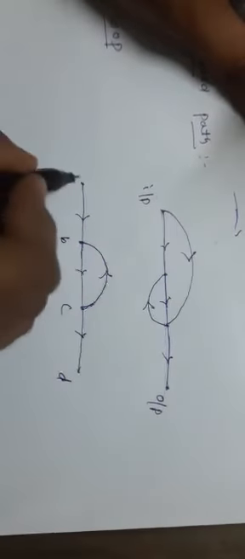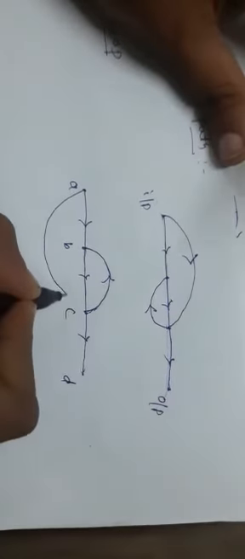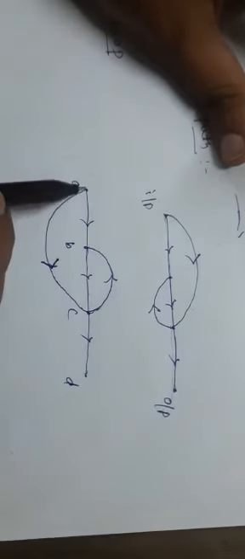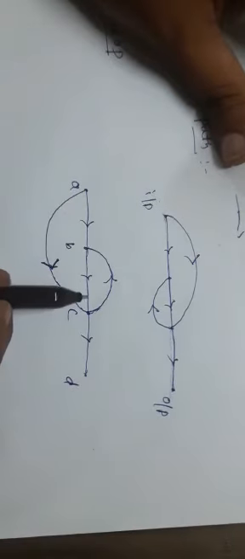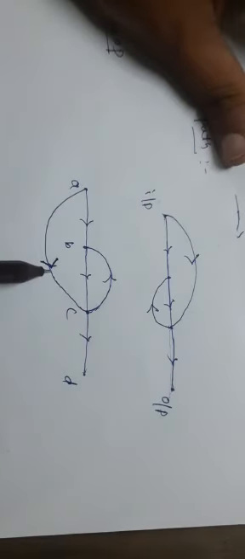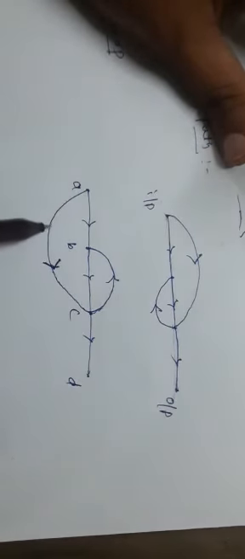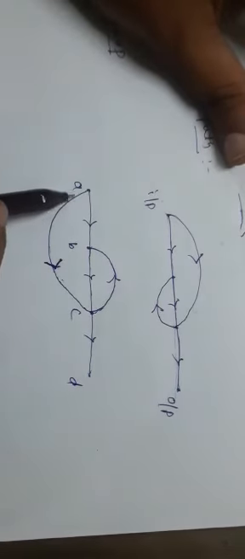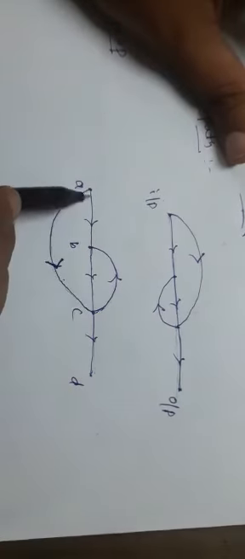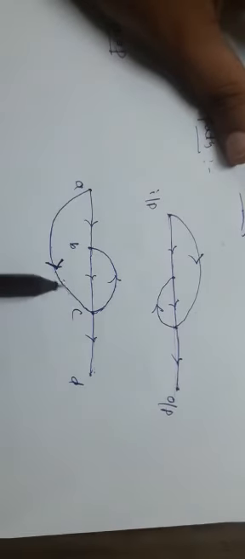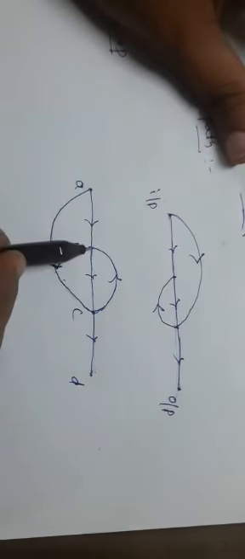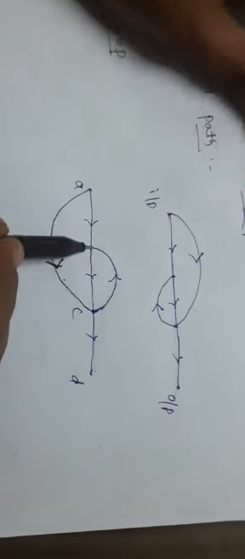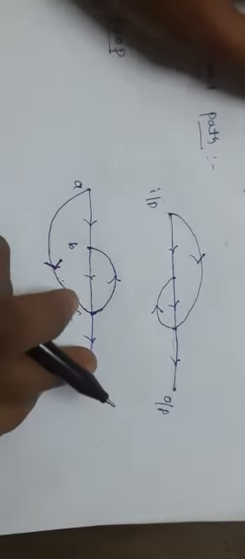If it is moving like this, like this, is it a loop? No, because the signal is moving in one direction, so this is not a loop, this is a forward path. See this one, it starts from B, goes to C, then goes back to B. So it is called a loop.